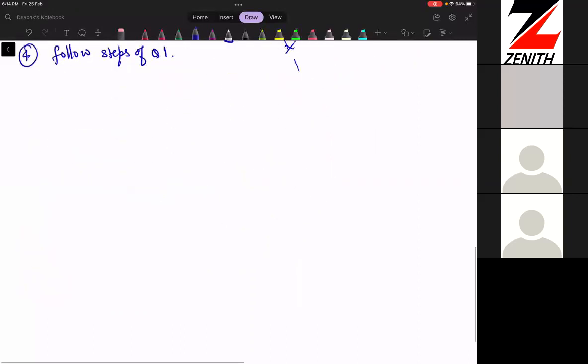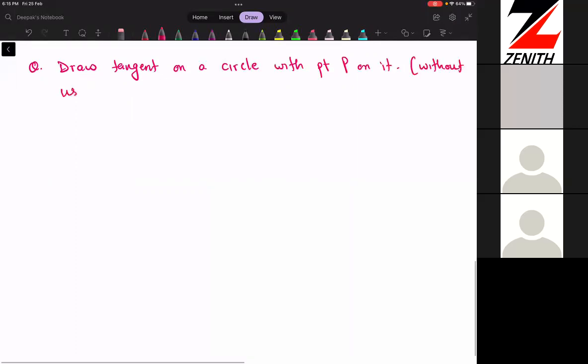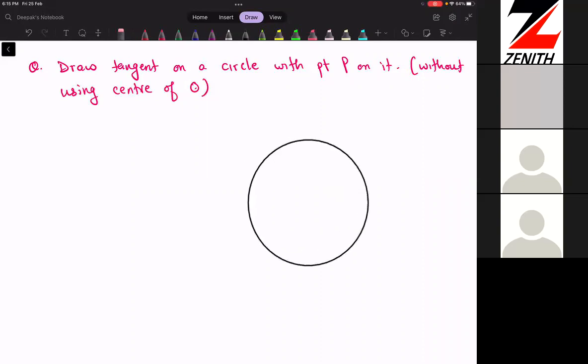Question number 3. Draw a tangent on a circle with point P on it without using the center of circle. आप सेंटर ऑफ सर्कल यूज ही नहीं कर सकते बेटा, उसको यूज किए बिना आपको टेंजेंट ड्रॉ करनी है।